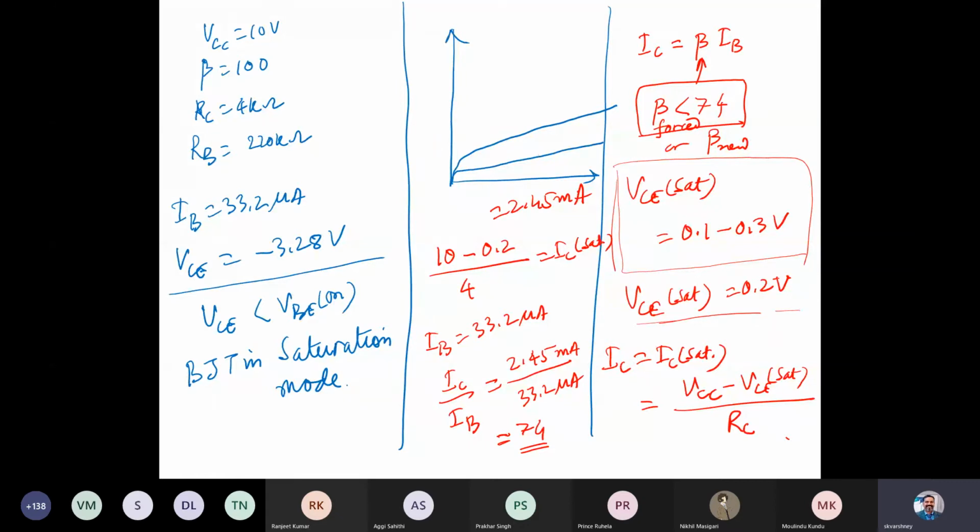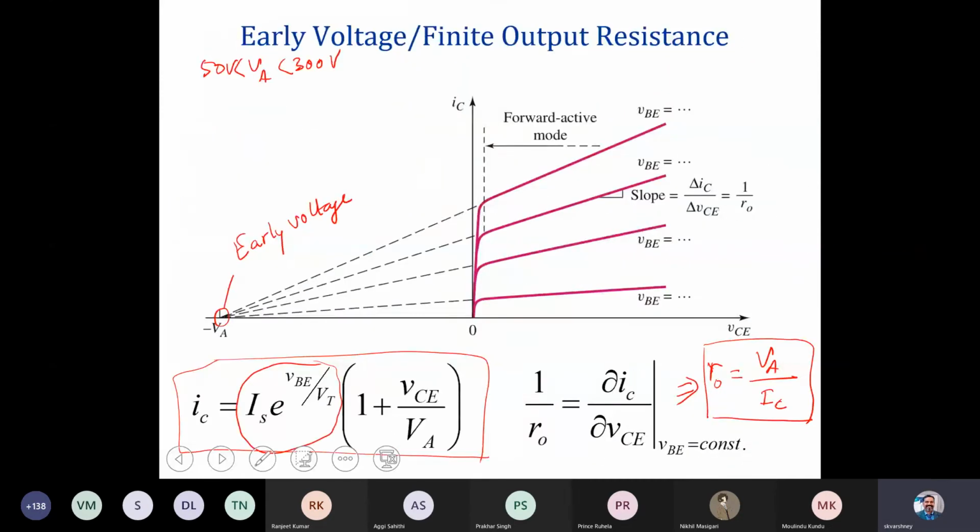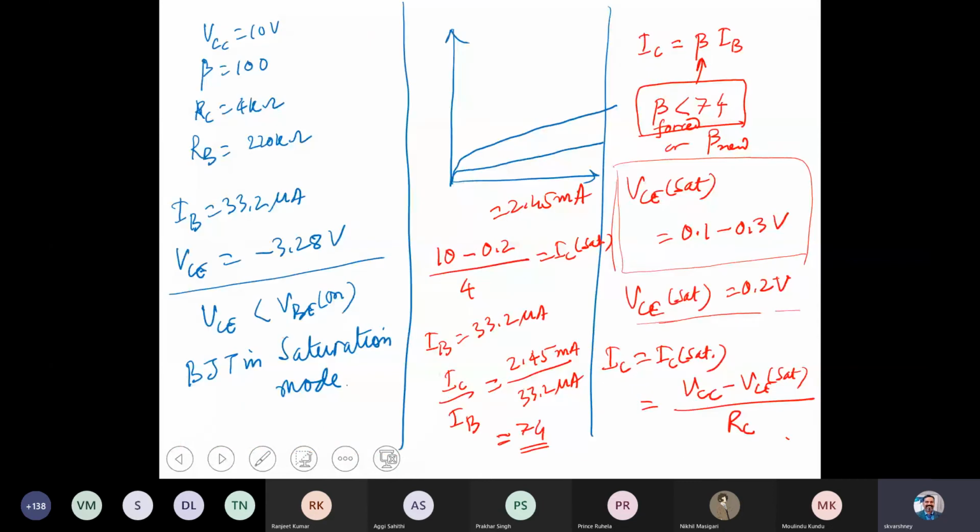Either this way, or if we change any of the resistors or the power supply, then we can make that transistor work in the forward active mode, right? Did you get my point? Another point is how much power is being dissipated in the circuit, since it is a transistor device.